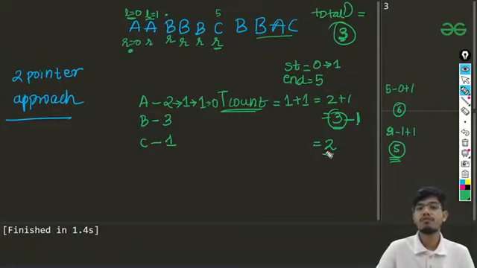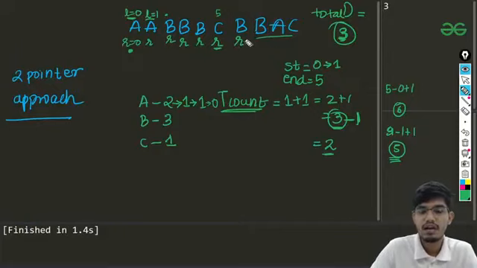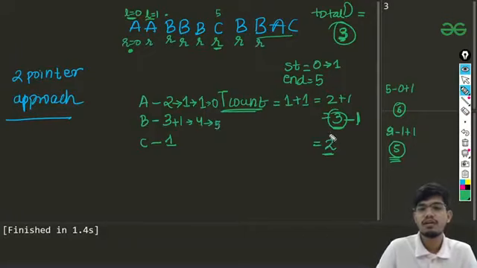So whenever the temporary count is 2, it means I need to proceed in the right direction. So I'll just continue with that. I increase my R. So R is from 2, it becomes 3, it becomes 4. Then again the distinct character count will not be increased, it will remain 2 only. So again I'll be incrementing my R, from 4 it becomes 5. Still it is not going to change, and now it is going to reach this A.